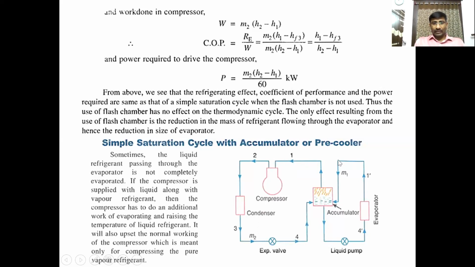That means the flow is not occurring in the evaporator by itself, because it is not directly connected to the compressor suction. Whenever we directly connect to the compressor suction line, during the suction process a low pressure is created in the cylinder, and due to that low pressure the flow is maintained in the evaporator. But here we are not connecting the evaporator outlet to the compressor inlet. Therefore, to maintain the flow in the evaporator, we use an extra component, a liquid pump.